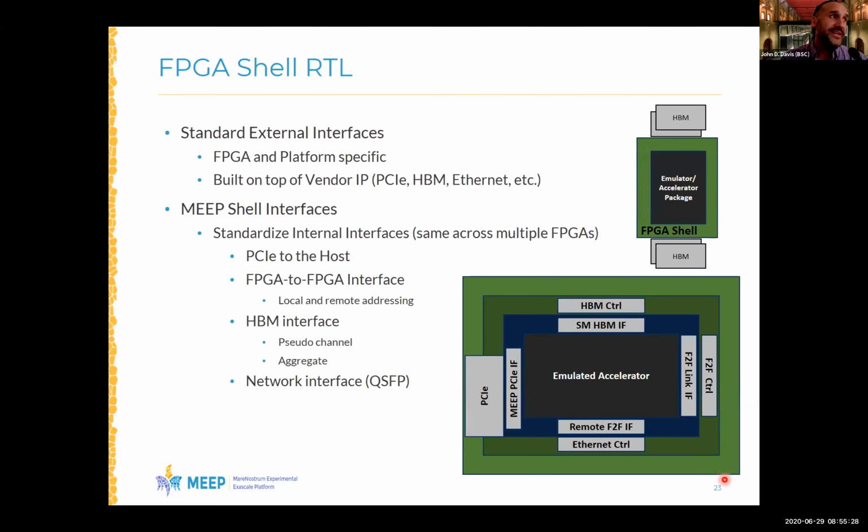Now, on the FPGA side of things, how do we build out the FPGA shell? So this is the baseline infrastructure that I'm showing also down here. So PCI Express, Ethernet controller, some FPGA to FPGA links, the HBM controller, really building on top of what's available from the IP vendors in that space, but also then having a canonical interface, this kind of blue layer here, which then gives us a standardized interface to the emulated accelerator or whatever else we want to put in there. So again, looking at all those different pieces to make that work well.